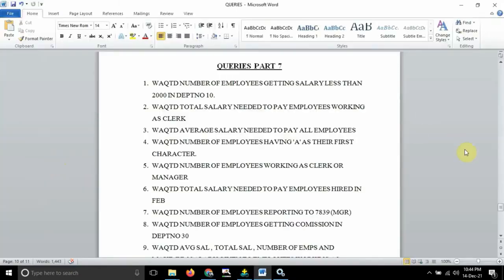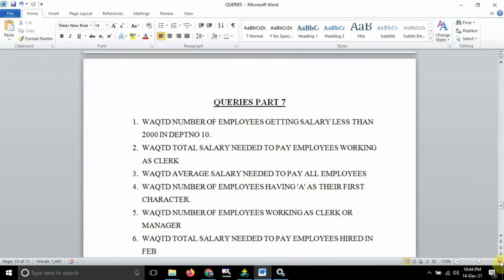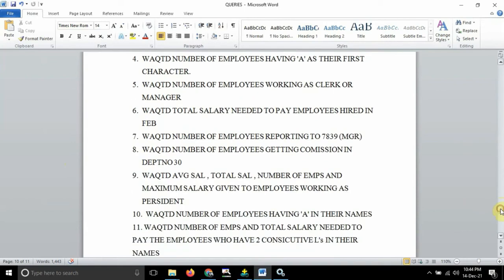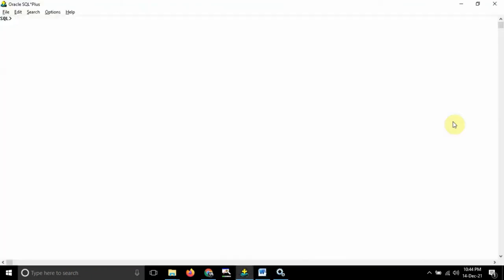Right. So next one, fifth one. I'll zoom in a little. Write a query to display number of employees working as clerk or manager. So I need to write a query to display number of employees who are working either as clerk or as manager. So I will be writing select count, after that star,